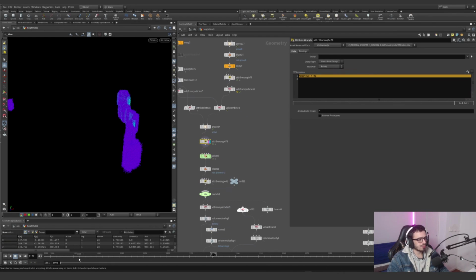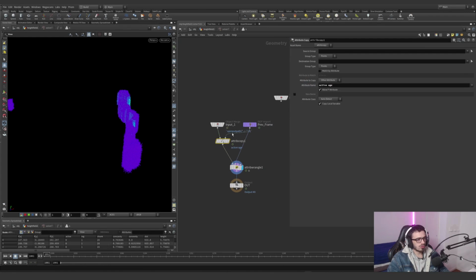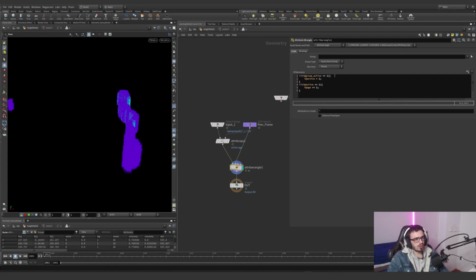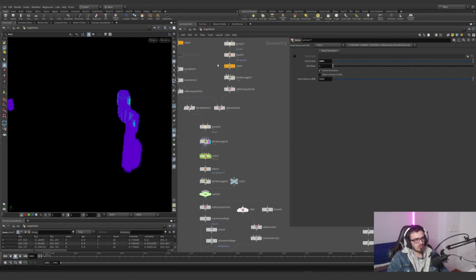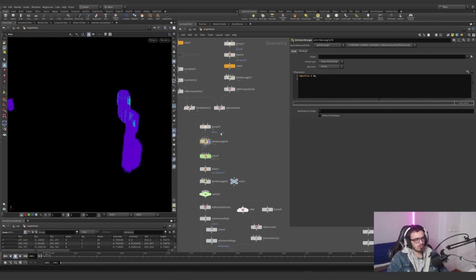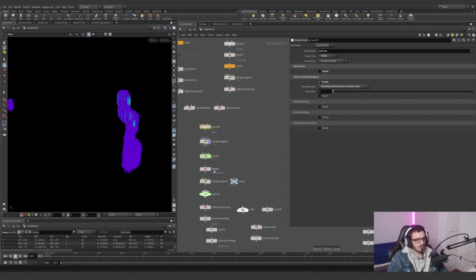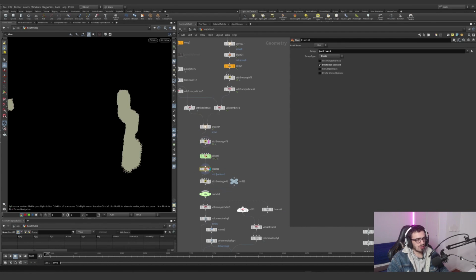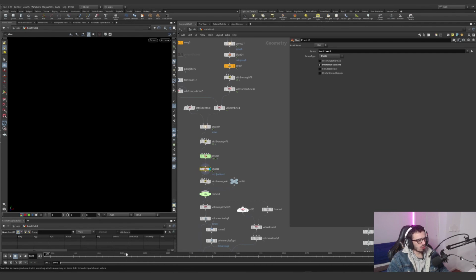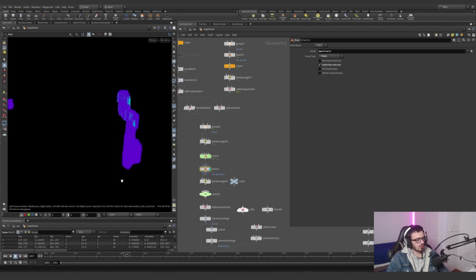In the solver, what I'm doing is transferring the active and the age, and if the group active is 1, active is 1. If the active is equal to 1, then it's also adding 1 of age. Remember, we set this to 0, but the active is always changing. And we are going to delete all the active which is not 1. As we go forwards, this will start appearing. This will just take a moment. See, they appear basically,